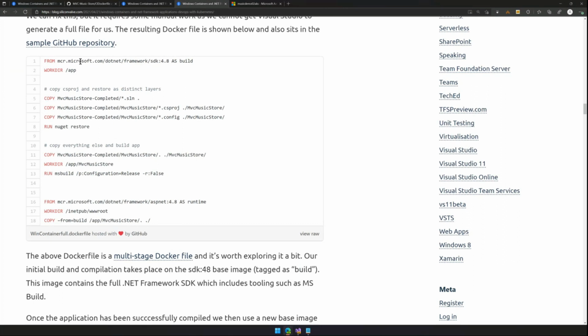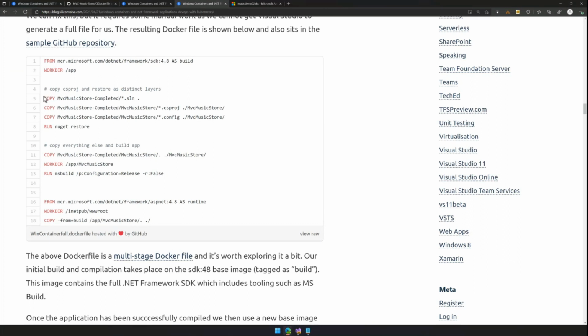Now, you wouldn't use that as the baseline image for your runtime image. Having things like MS Build and other debugging tools on your production hosts is a really bad idea. So generally speaking, you wouldn't use that as your final state, but it's really handy to use that as our build host because it has all of the tools we need right there for us to be able to build.